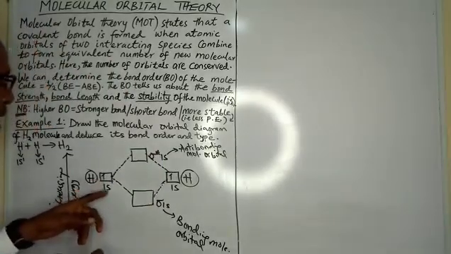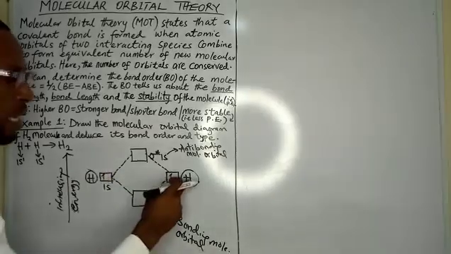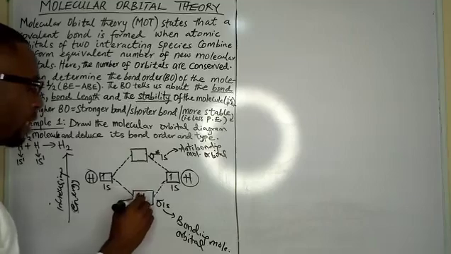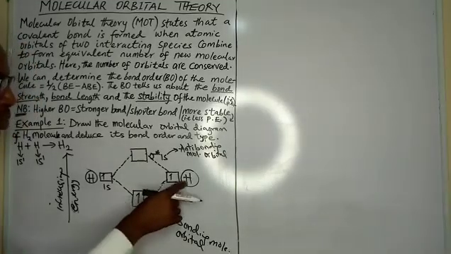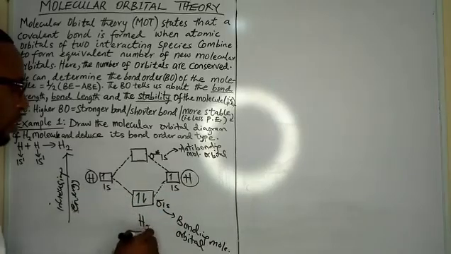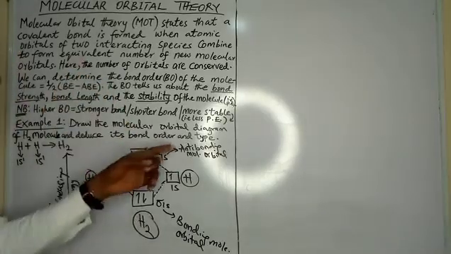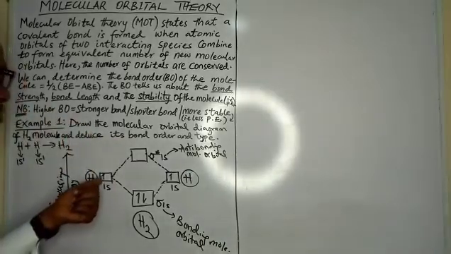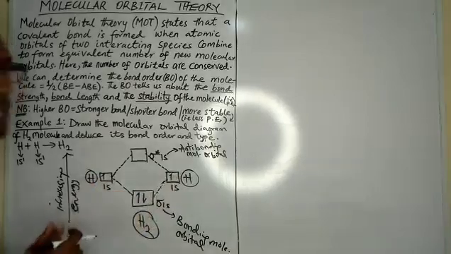So when this 1s electron bonds or combines with the 1s electron from the other one, you see that they will have the bonding molecular orbital. We have two electrons, one from here, one from here. So here you now have your hydrogen molecule formed. You discover that the orbital of high energy, that is the anti-bonding molecular orbital, is empty because we have exhausted the 1s electrons: this 1s electron has entered here, and this 1s electron has entered here.